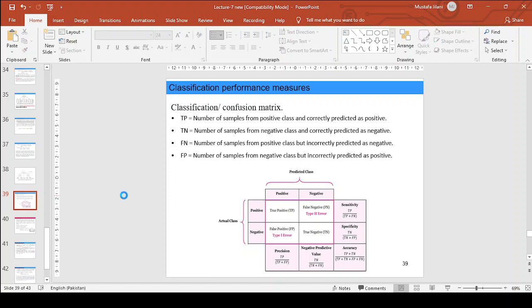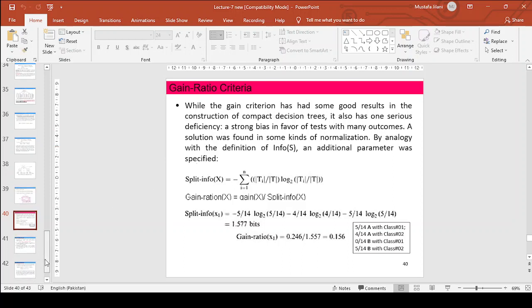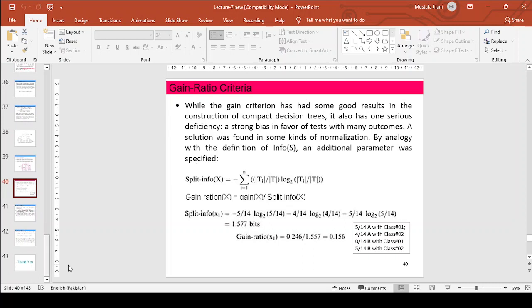So this is not the end. There are so many different approaches that can be used for performing accuracy analysis in the data. This is the other approach of doing decision tree, where we calculate split ratio. I will not cover this. I will leave these 3 slides for you to cover yourself.